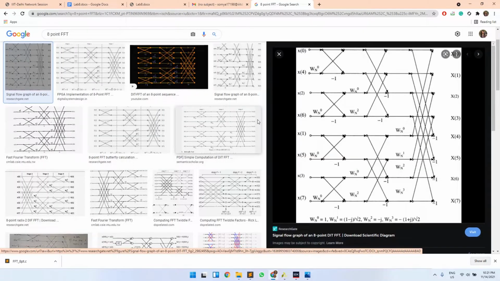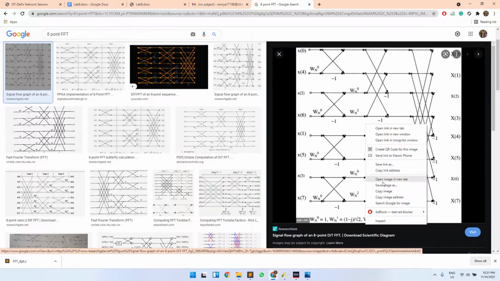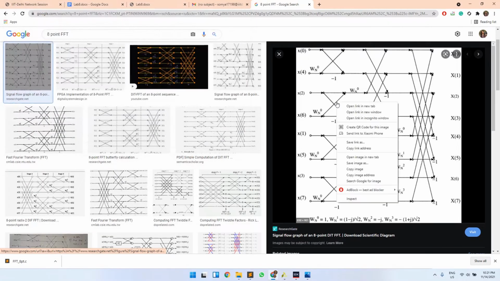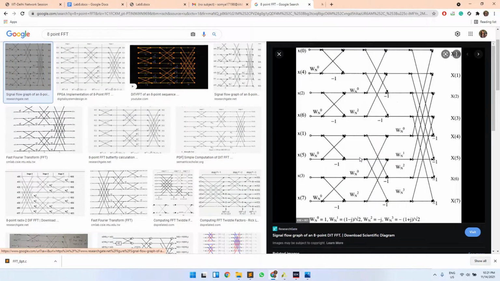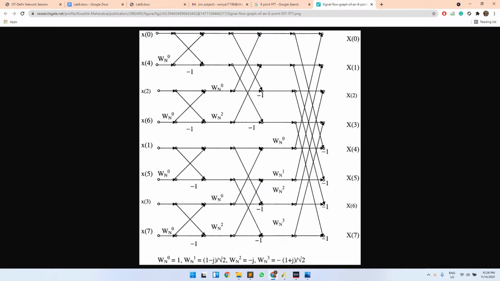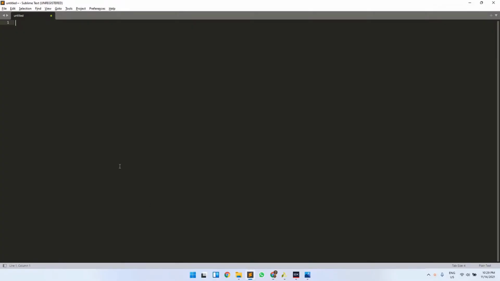So your 8-point FFT means that you receive 8 inputs and your FFT will have 8 outputs. The first step in FFT implementation is the bit reversal. In bit reversal, your input array, which is X in this case, is rearranged in a particular format. This can be illustrated as follows.